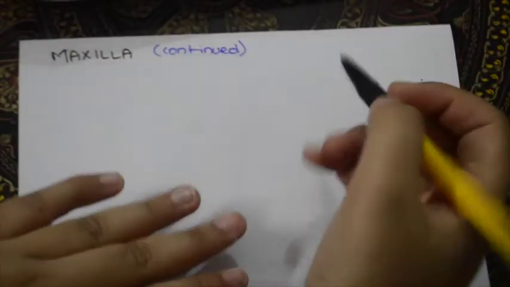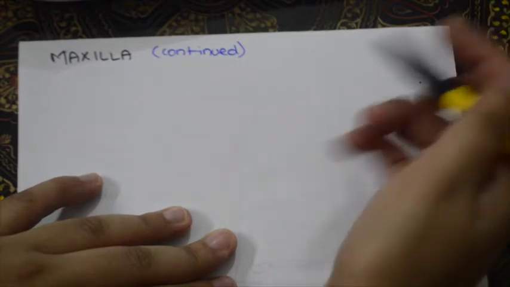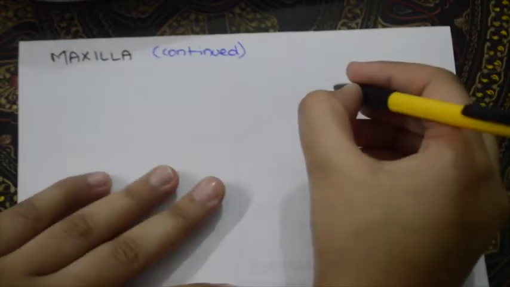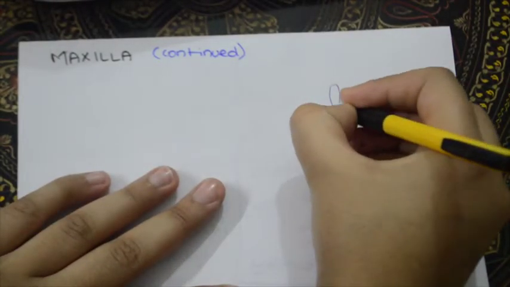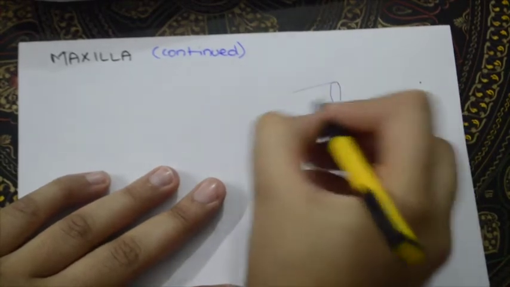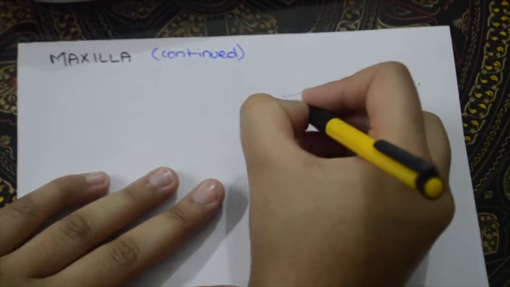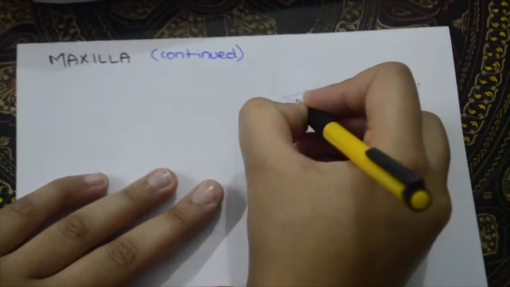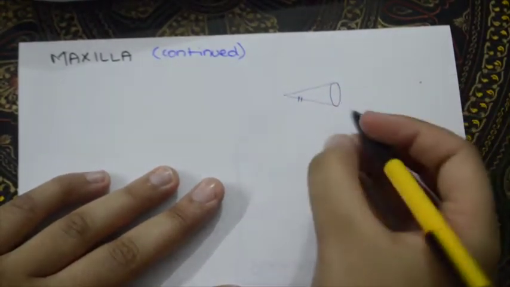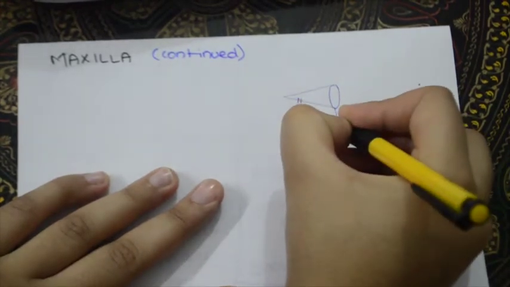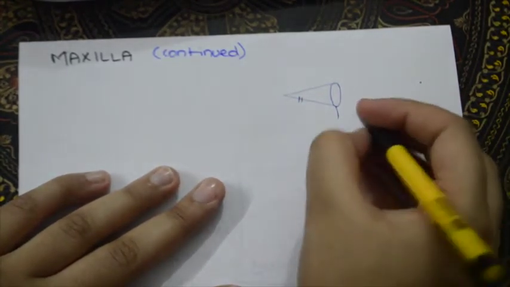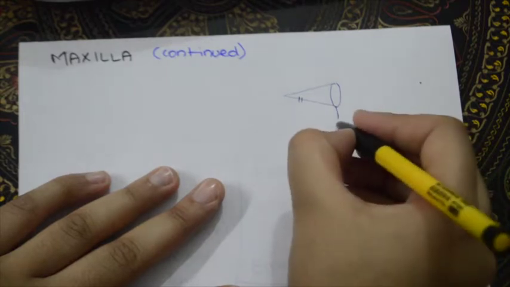We just did the palate, and now we're going to continue with the maxilla, a little bit which was left. As I said, just draw these diagrams so you understand what we are doing. This is the orbit. Now here in the orbit is a canal. This is the bone below the orbit, which was the maxillary bone, and